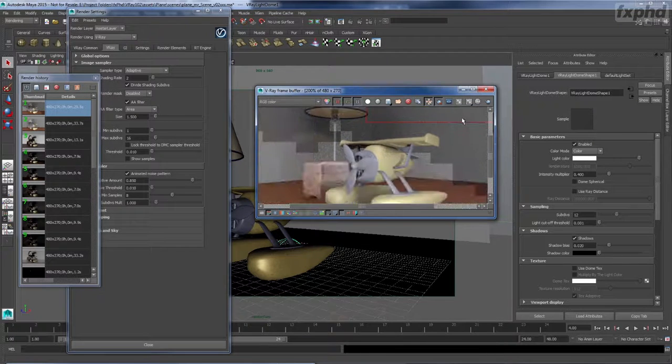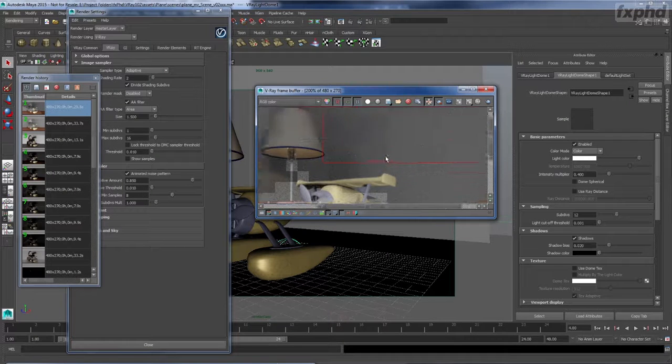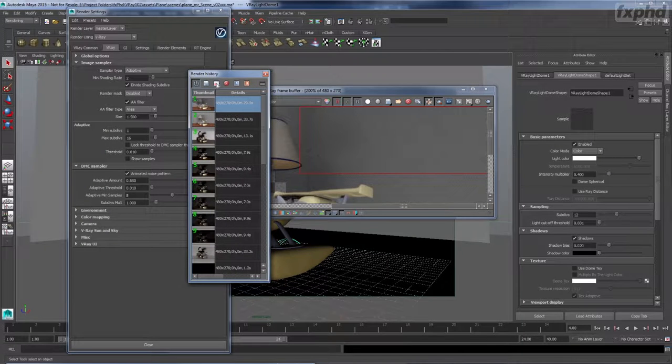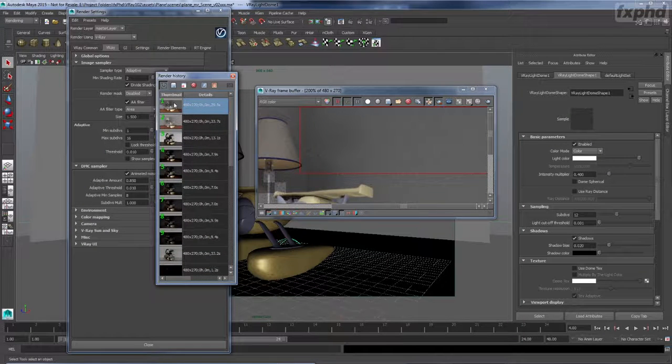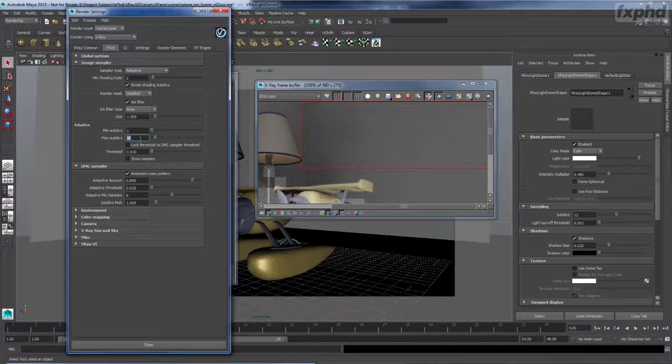I'm not holding down Alt, just the middle mouse button and then the zoom on the wheel. Take a look. I'm going to double click on our top thumbnail, and that'll save my current render into here. So there is no change between these two renders, even though I've turned up my global samples and my light